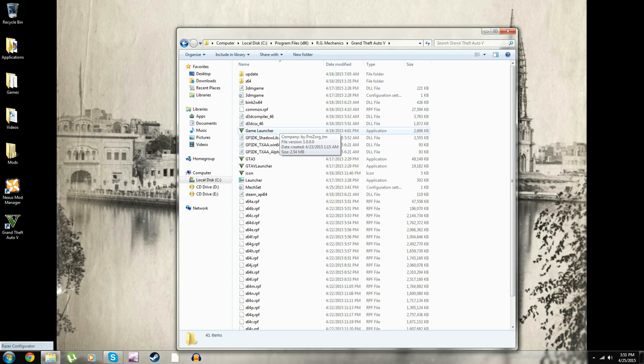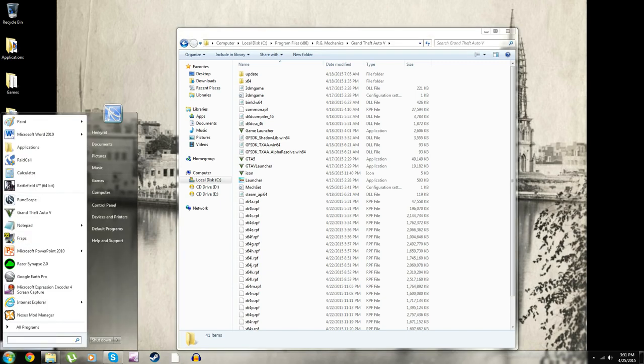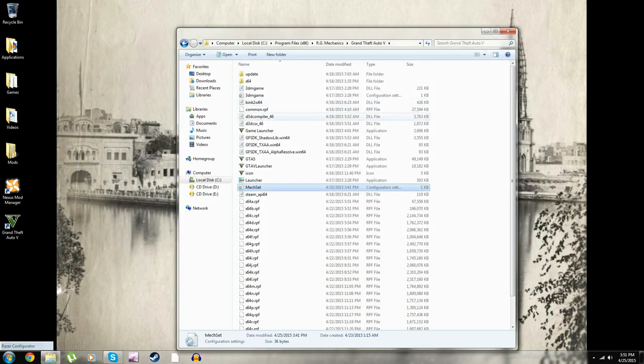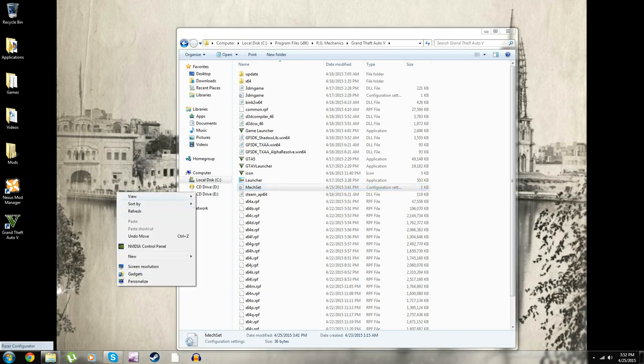But you guys have to fix a few things. First, the game launcher is going to be in Russian. So, in order to change the game launcher from Russian to English, you have to go to the mechset, make the language EN. And in order for you to do that, you just make a new folder, or like a new, let's see, is it like a new